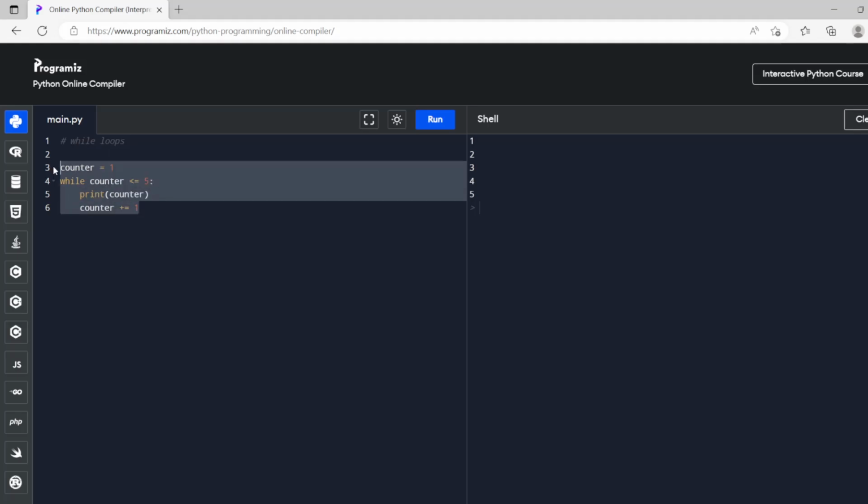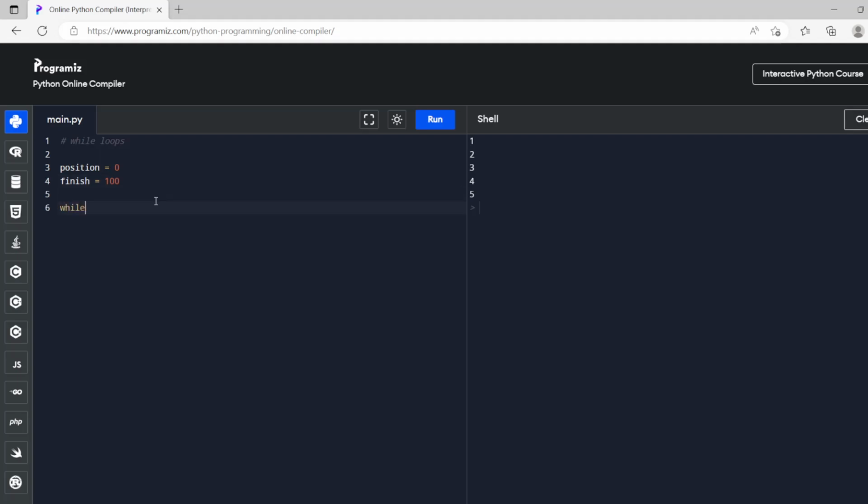So if we give another example of a time that, because generally this would more be used for a for loop because we already know how soon we're going to want to exit the loop. But let's say we wanted to increase something. Let's say position in a race. So you start at position 0, the finish is 100. So we'll do while position is smaller than the finish,